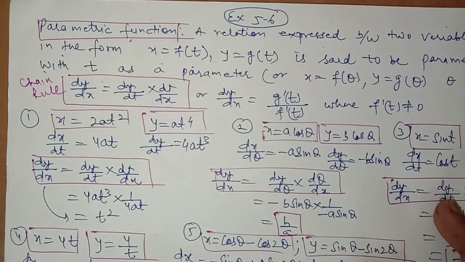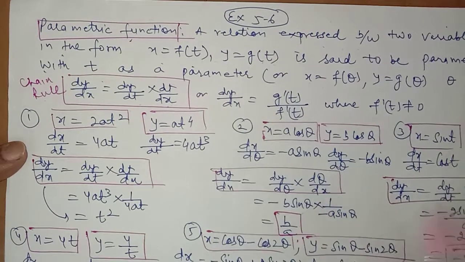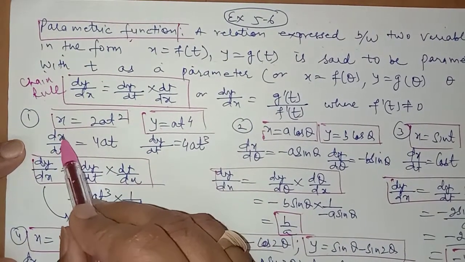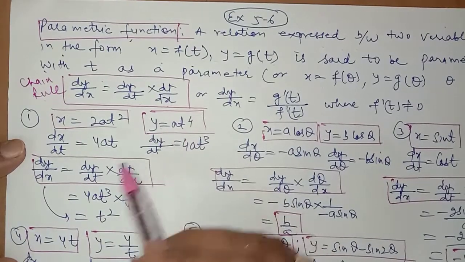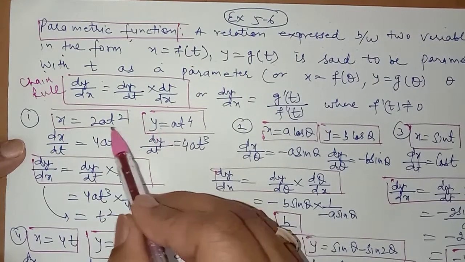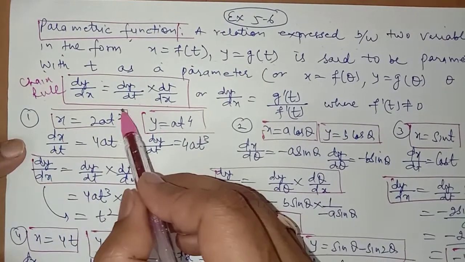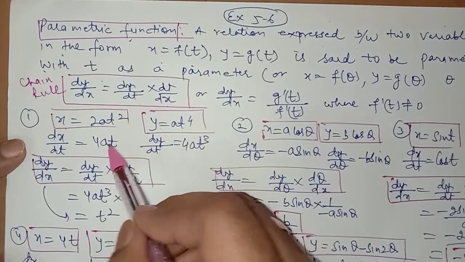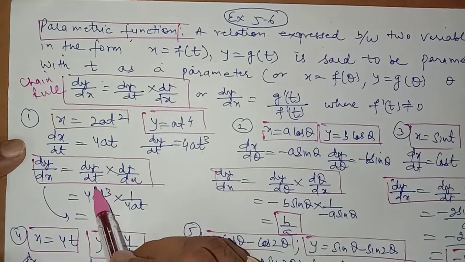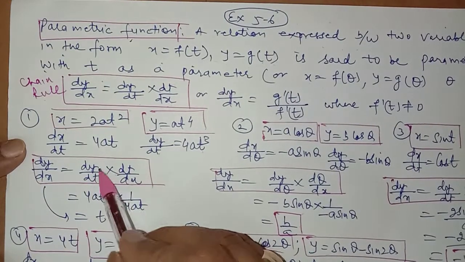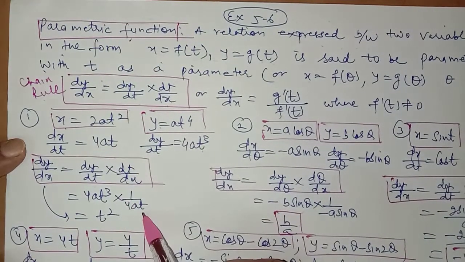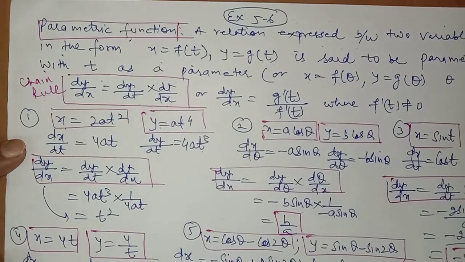Now the derivative of these types of functions is somewhat easy. In question number 1, the two variables are expressed in terms of the third variable t. So simply you have to find dx upon dt and dy upon dt, and by the chain rule you can find dy upon dx. So x is given, y is given, the third variable is t. So dx upon dt will be, differentiating t square, 2t, and dy upon dt will be 3t square. So dy by dx will be equal to dy upon dt into dt upon dx. Then dy upon dt is this, dt upon dx is the reciprocal of this, and simplifying we are getting t.